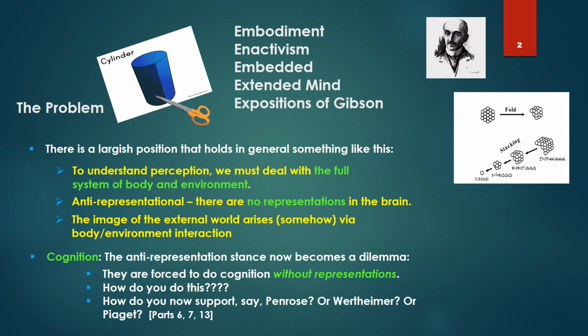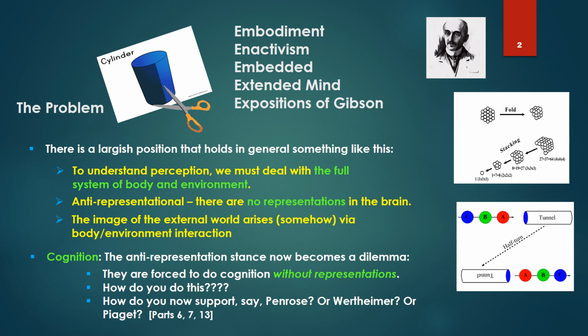Or Wertheimer, as we discussed extensively. For example, the child taking a cardboard parallelogram, rolling it into a cylinder and asking for her scissors to cut it so she can make it into a regular rectangle to compute the area. And any number of other dynamic transformations that Wertheimer described I discussed in part 13 in education.